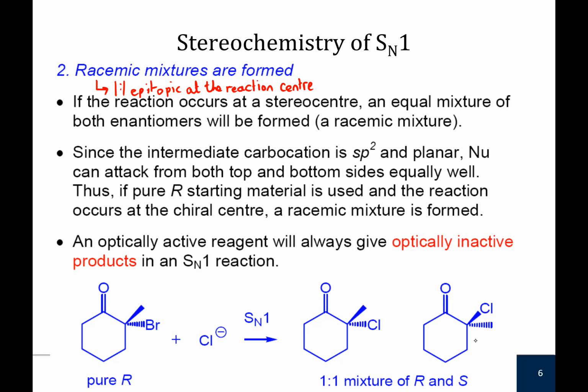So in the SN1, because the intermediate is planar at sp2, and it's got the giant empty p orbital, you can attack either lobe of the p orbital and get your product. So you can attack from the bottom or from the top. So even if you start with the chiral center here, that stereochemical information is lost because there's a planar intermediate.